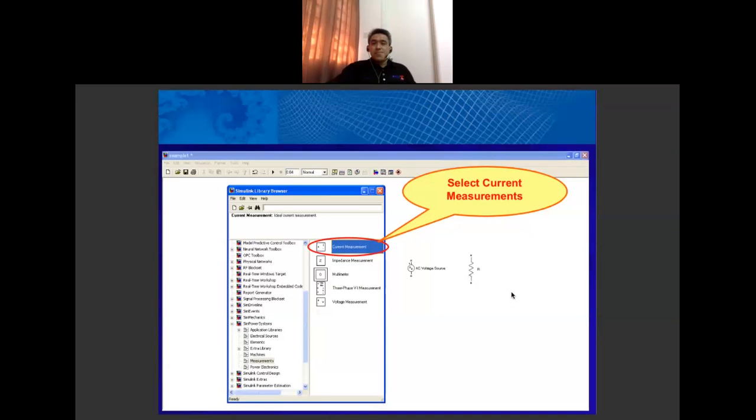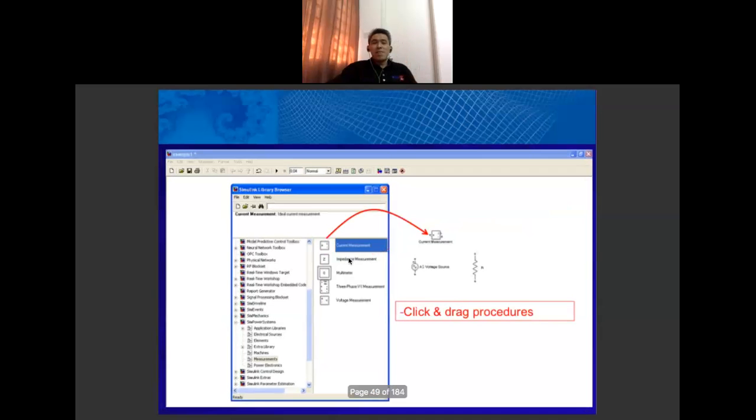Alright, in this example, we want to measure voltage and current. So you just select current measurement, and as usual, just perform the click and drag procedure. We can see here there is a current measurement in the Simulink window.